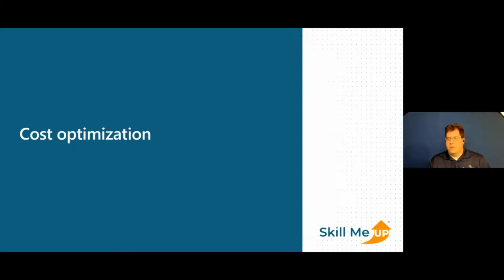So let's talk about one of those pieces specifically, and that's around cost optimization and what kind of tools and things to think about in this area as we go through our well-architected framework. And obviously, optimizing costs is a key driver in cloud adoption, and how we go about building our environment to optimize costs and cost capabilities is a key thing. And as we saw going through that assessment, a key pillar as well.